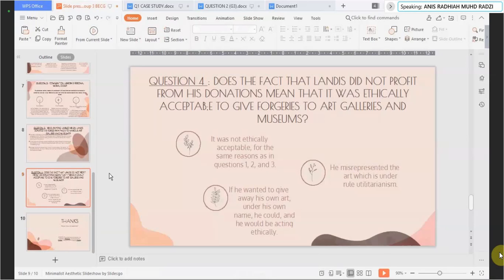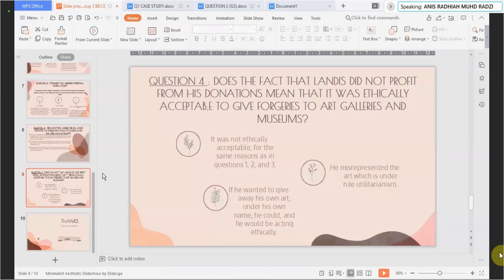If he wants to give away his own art under his name, he could, and he would be acting ethically. However, in effect, he plagiarized. He could again argue that he hurt no one, since the artists whose works he copied were dead. But again, if the works were copyrighted, he would be infringing on copyright laws and he would be doing harm. So I would conclude that it was not ethically acceptable for the same reason as in question 1, 2,